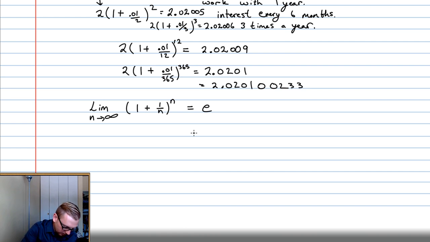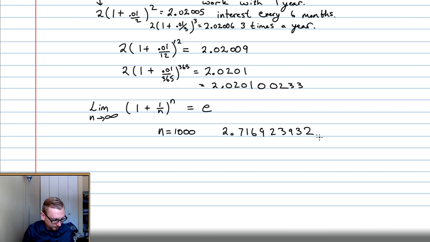Let's just do 1,000. So then we plug in 1 plus 1 divided by 1,000 to the power of 1,000. We get 2.716923932. That's a pretty good approximation of e,